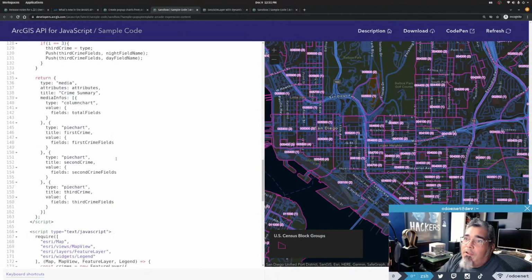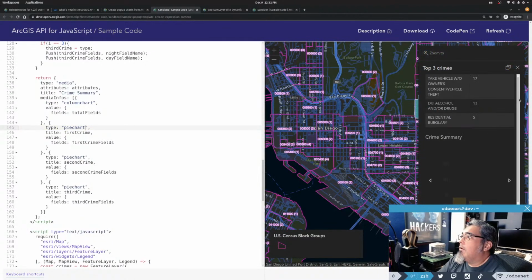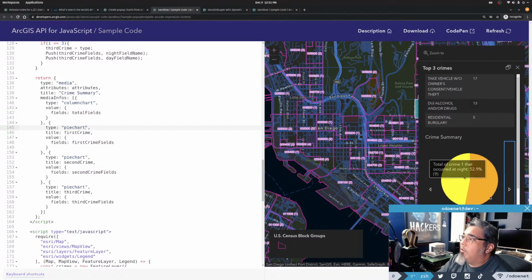So again, here we go. Return the pop-up information. So I'm returning the media infos with my chart data, pie chart data. Oh, that is cool. So I come over here, and if I go to cycle through the charts, there's my column chart, there's my pie chart, another pie chart, which